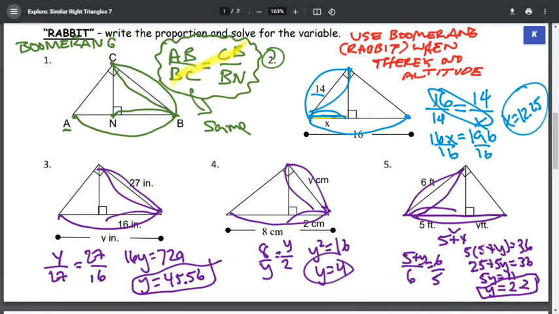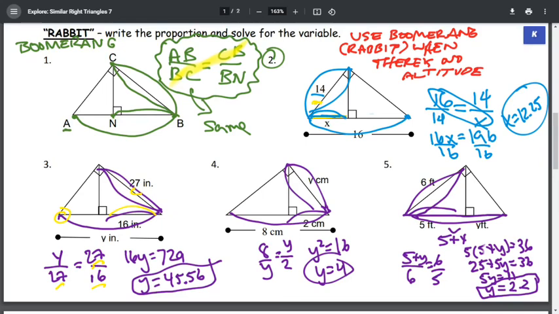Alright, so here are those bottom 3 problems. So let's start with number 3. Looking at number 3, kind of like I was saying with number 2, where that 14 is, you're going to have to read where to start. Because that 27 is here, you want to start here. Go down, you're going to get y that represents this entire length, hit that 27 twice here and here, and then you come back to that 16. So from here, you're going to cross multiply and divide. When you do that, you're going to get, like I said, a decimal. That's what you get, honestly, a majority of the time. So that's going to give you